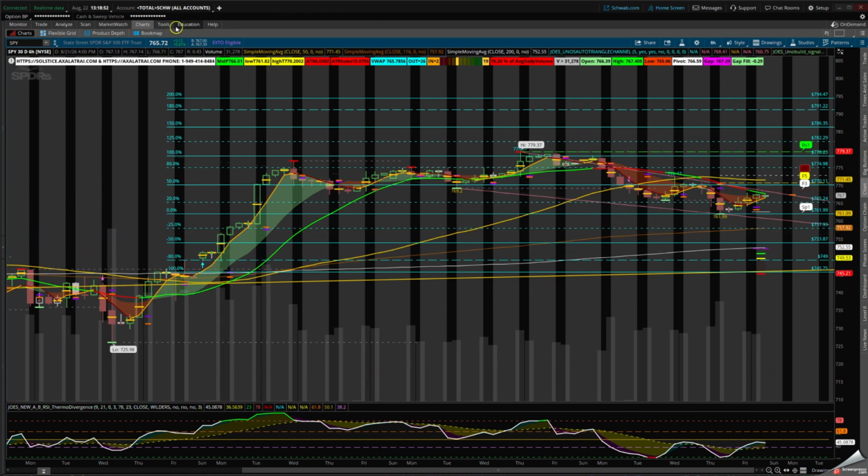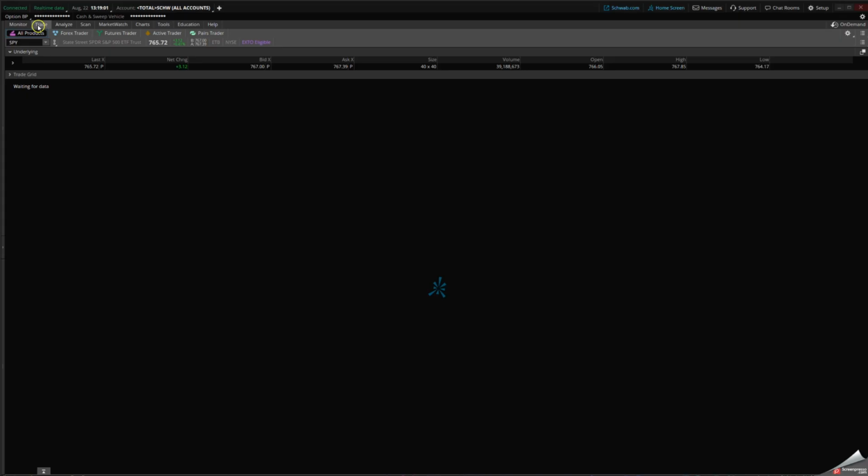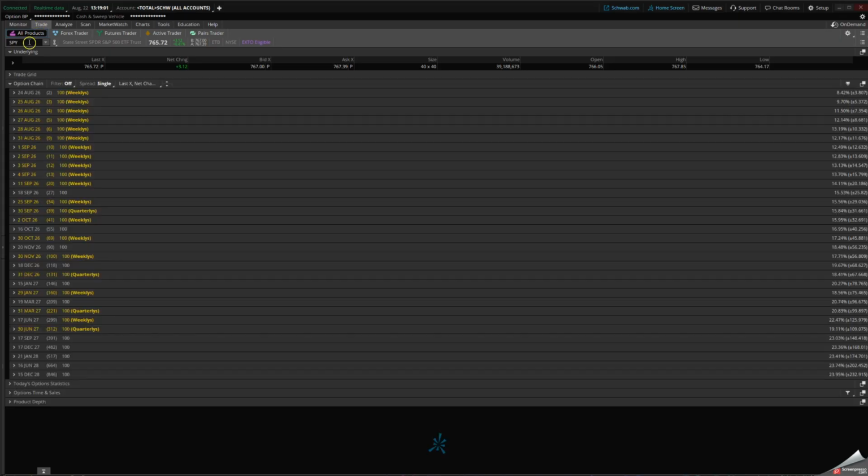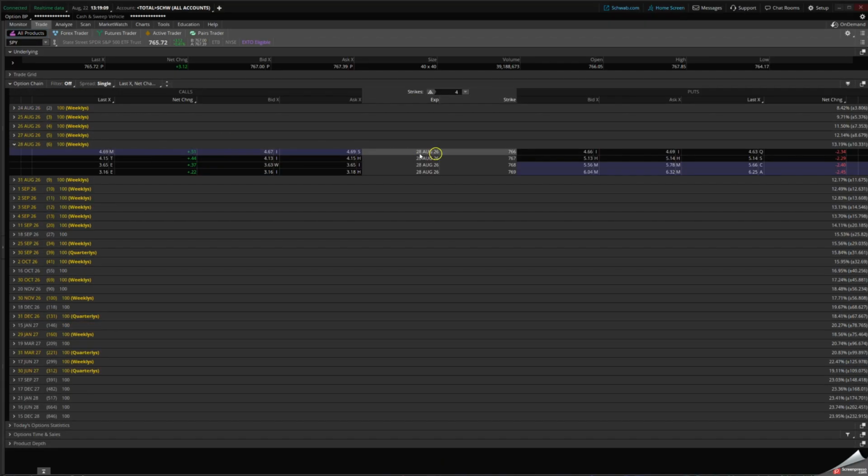How do I look at the trading platform and the tools you will use to analyze an option? If I go to the trading desk, this is the analyze tab, and if I do the options here and I want to go to the August 28th, which is next week, from the 23rd to here, we can see that the expected move is